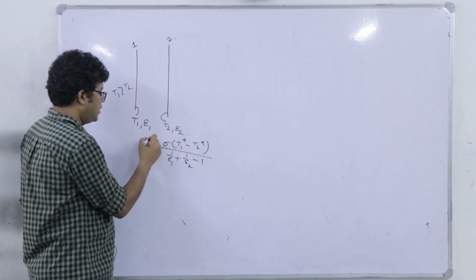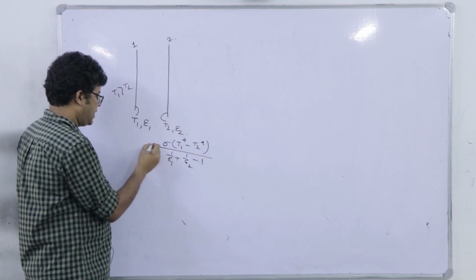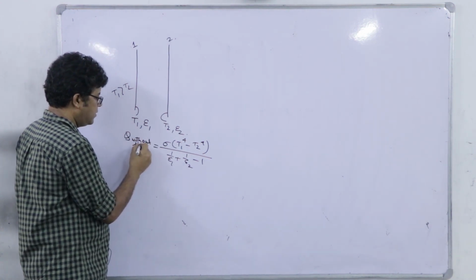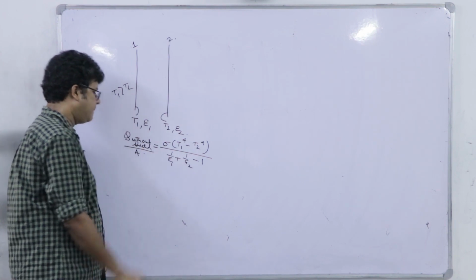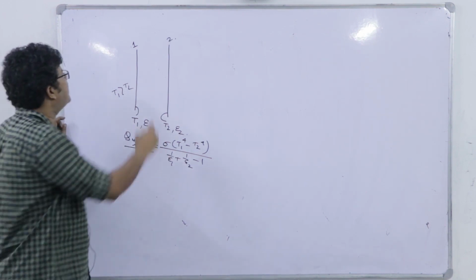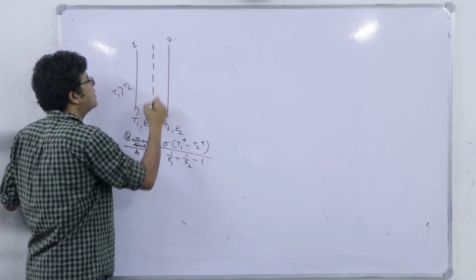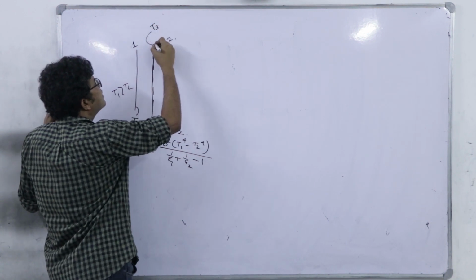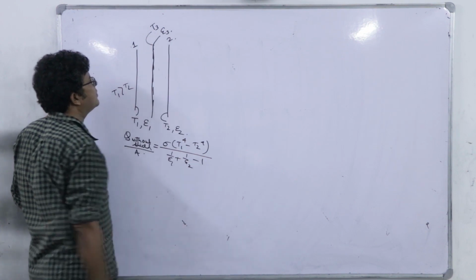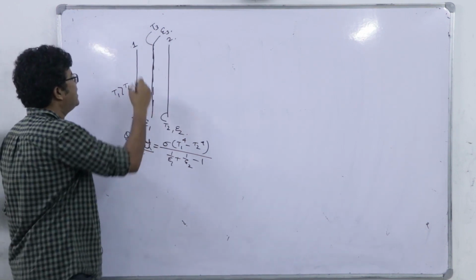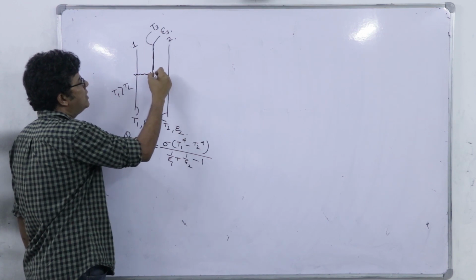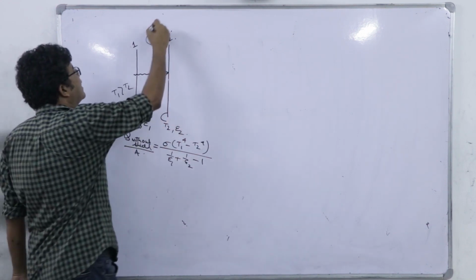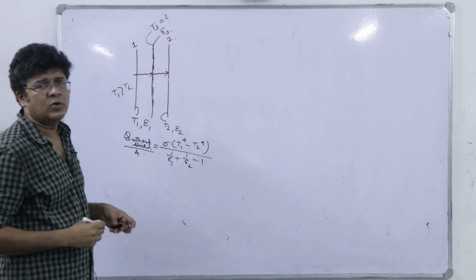That is, this Q, or rather we can write it as Q without shield by A, right. Now, whenever I am placing a shield, say it is also a solid surface, so it has a temperature T3, right, and its emissivity is epsilon 3. Now, in the steady state, what will happen? The radiative exchange from 1 to 3 will be the same as that of 3 to 2, and from there we can solve for this unknown temperature T3, because we do not know what will be the temperature of the shield.